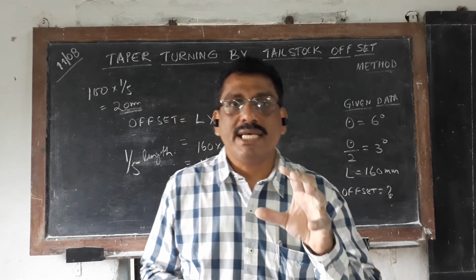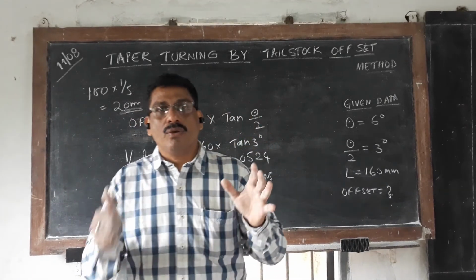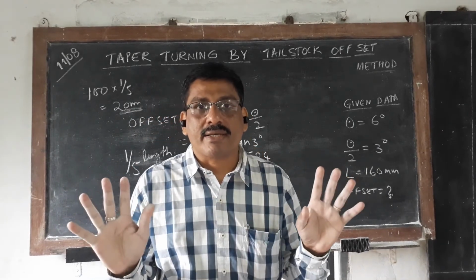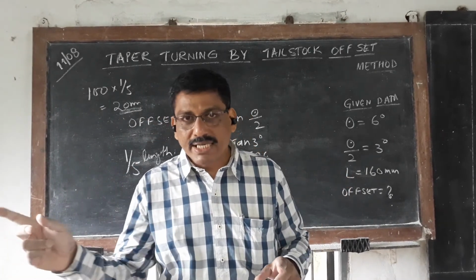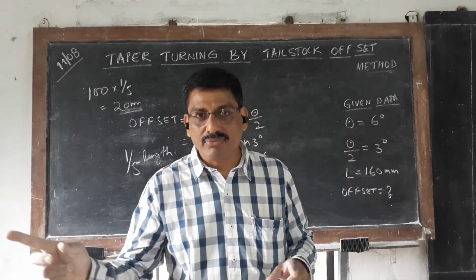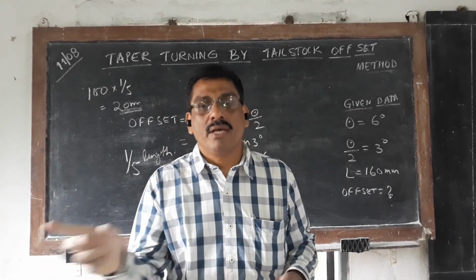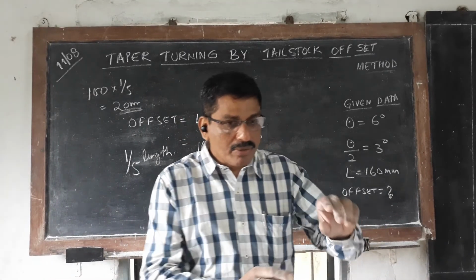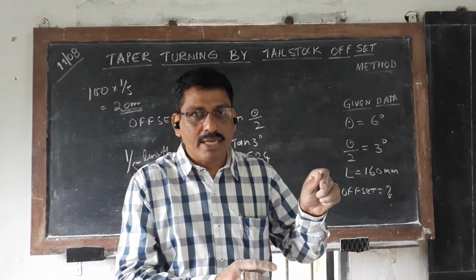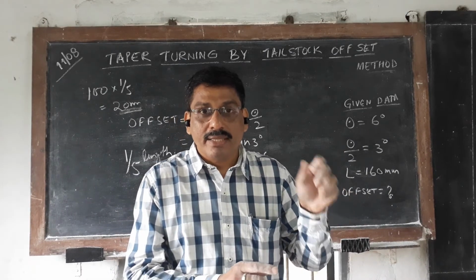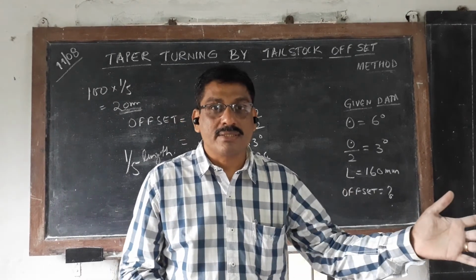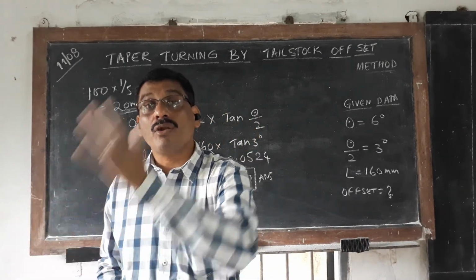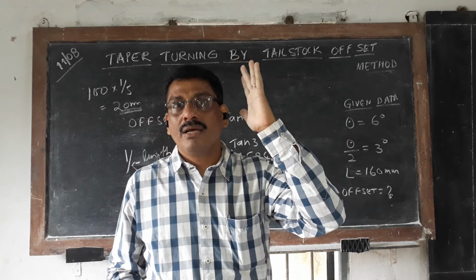As I said, when you do threading, once the half nut is engaged, you cannot disconnect. One cut is going now. First we give about 0.5 depth, and for the entire length one cut is finished. Then you have to take the tool back. You will put it in reverse, and the tool has to come back the same pitch, so it will take a lot of time.